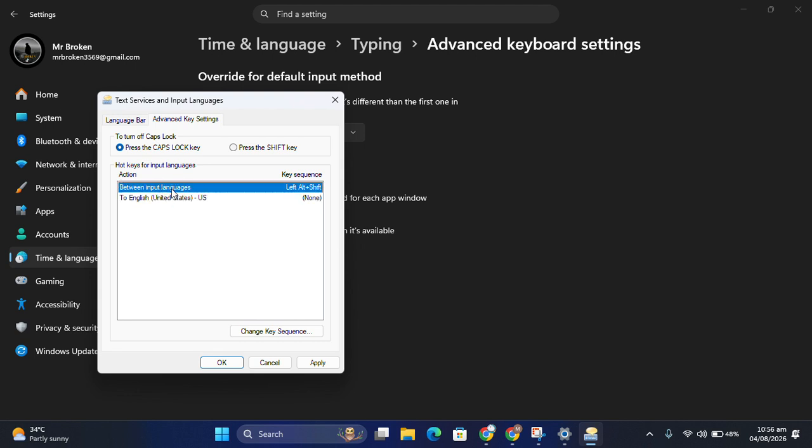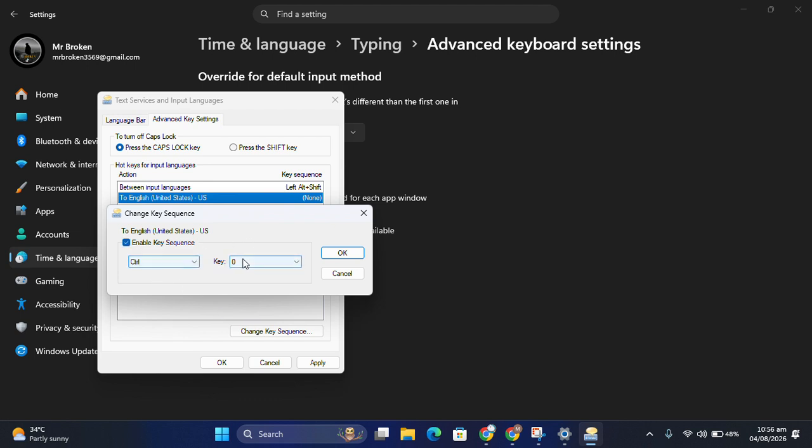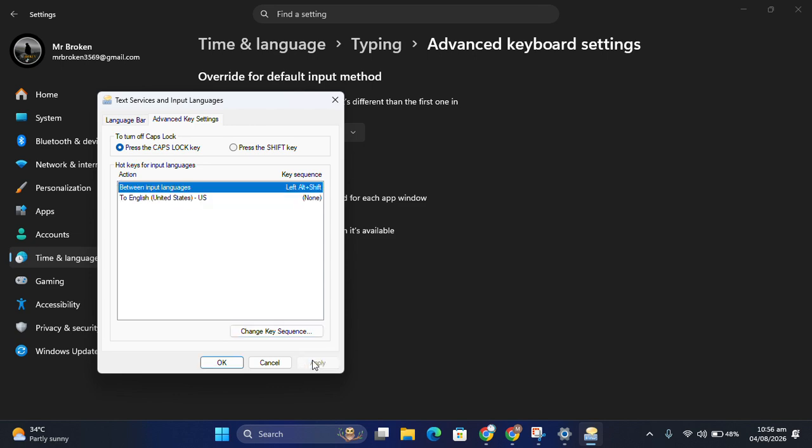Now once you have done, you just have to select any one from here. Let's say I want to select this one. There's a keyboard language, click change key sequence again, and you have to make sure that you have selected both as unselected like this, 0 selected, and from here you have to select any single option like this, Ctrl plus I have selected. You can also disable this toggle to disable your key sequence, then click OK, then click apply,